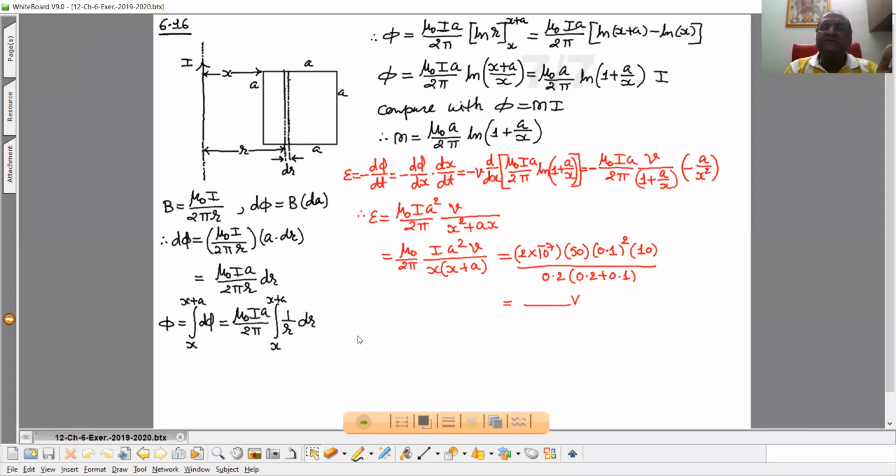So if we pass the current I through this long wire, then due to that particular current, the magnetic field will be produced in the surrounding of it, and now we can say some magnetic flux will be associated with the square coil. So now, first of all, we have to calculate that flux. Okay. Now see,